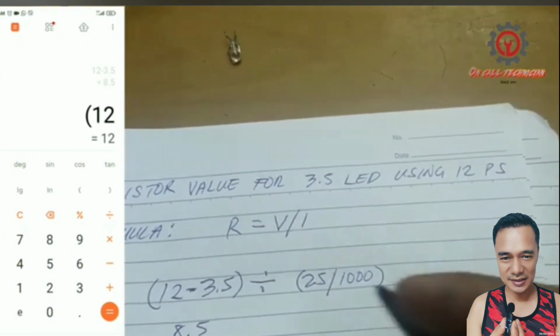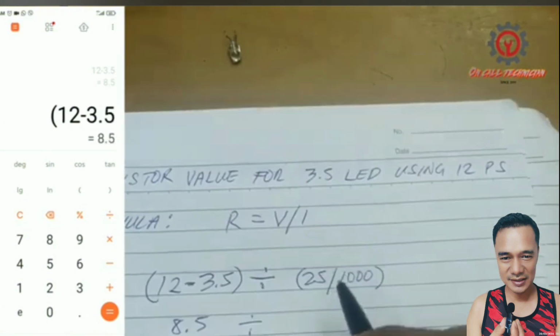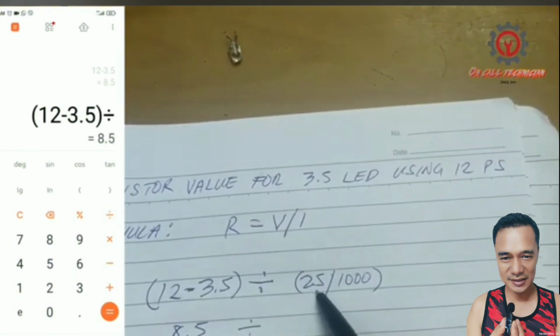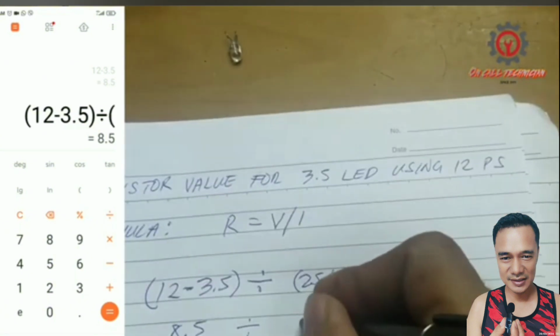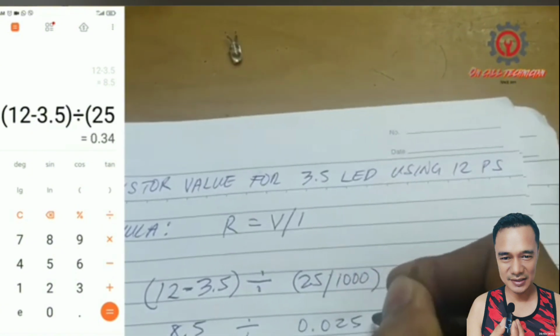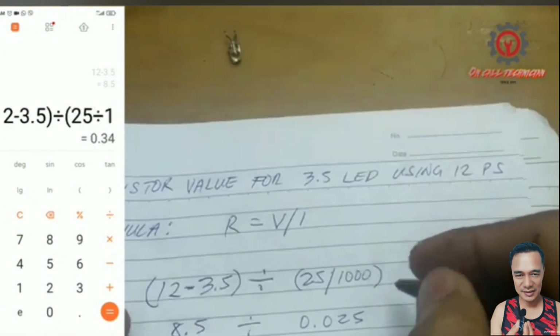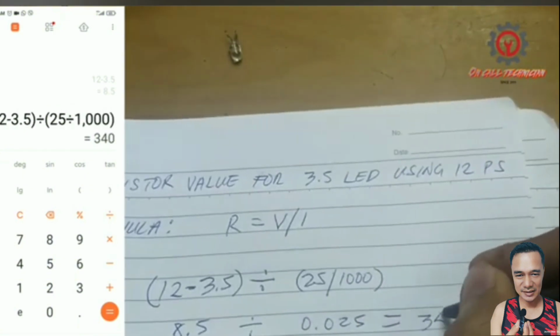volts. Then we're going to divide that with 25 milliamps divided by 1000, that will be 0.025 ampere, and the answer is equal to 340